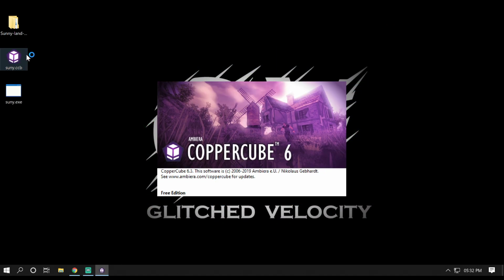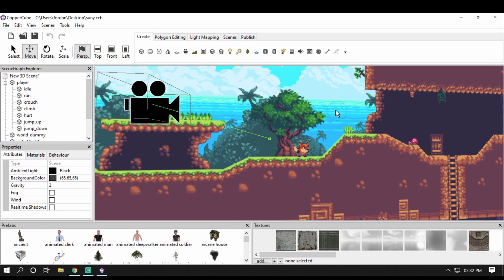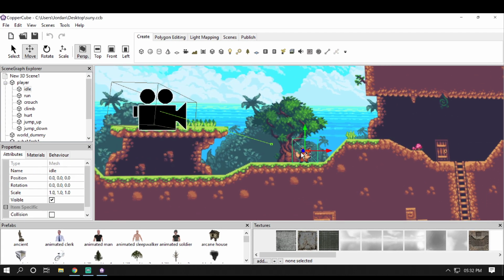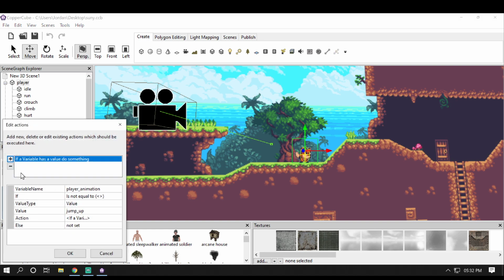Open up your Coppercube project from previous videos, which will look something like this. First of all, we are going to fix the animation of sliding over the platforms. To fix that issue, select your player mesh from the Scene Graph Explorer, go to its Behavior tab, and we will be adding a new variable to the movement controller keys, which are the right arrow key and the left arrow key. Select this: when a key is pressed, do something, key press left, key press down, and then